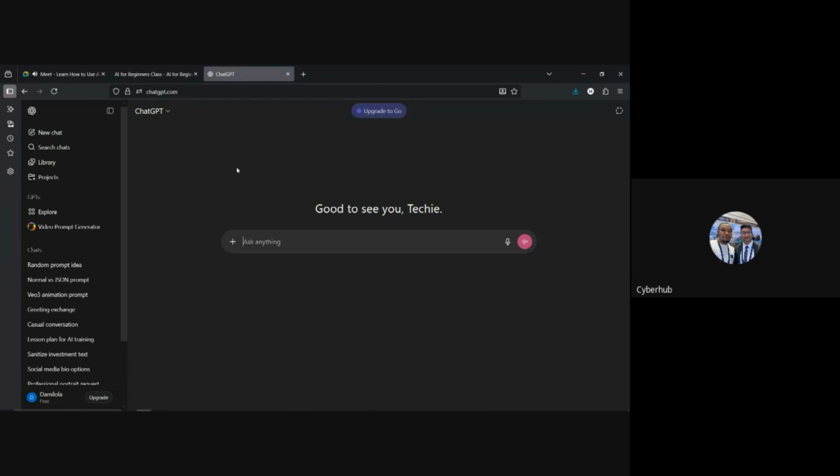So sometimes the AI is not dull. It's just that your prompt is not good enough. So if you have a good prompt, then ChatGPT will give you the answer you want. So how does a good prompt look like? If you're prompting an AI, you need to have a good structure. For example,